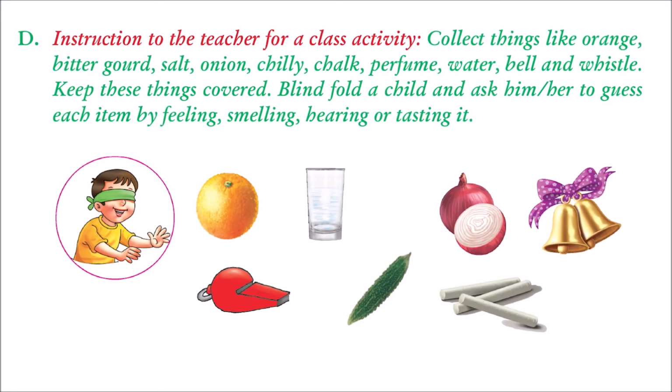Now let's look at some of the activities that are given in our book. In page 94, we have an activity where they ask us to blindfold our eyes. So you can go and blindfold your eyes, ask your parents or anybody around you to help you. Keep some fruits around you and different things that have different smell, odor that comes from it. And you can play a game and guess what are the things that you can touch and feel and smell. So this is an activity that you can try and see.